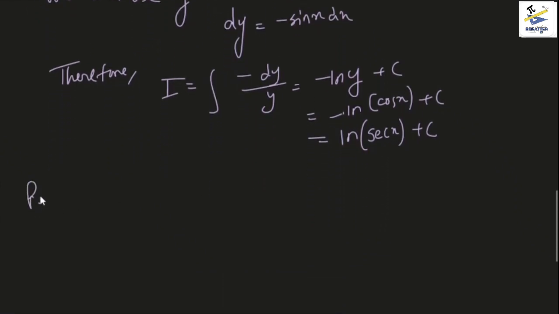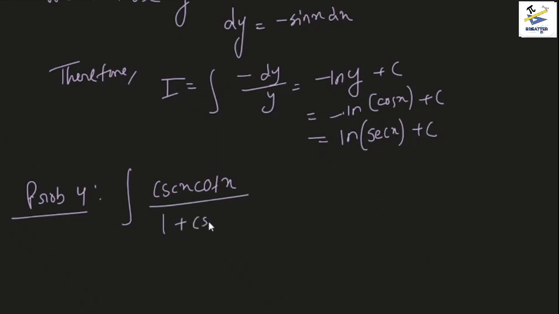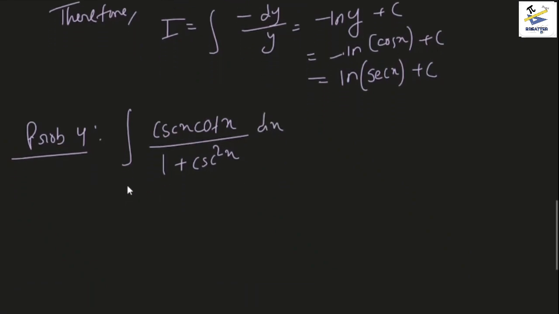Problem 4. Integral of cosec x cot x plus 1 by cosec squared x dx. Now another normal problem here, or another identity in fact, is